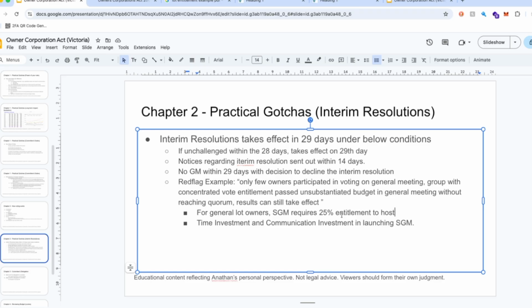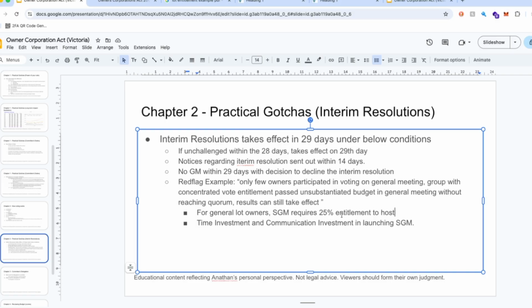In this case, if this does happen, there could be a bad act item, let's say an unsubstantiated budget that's way over budgeted, but it still passes